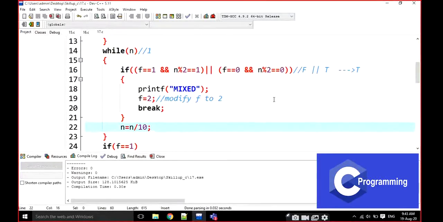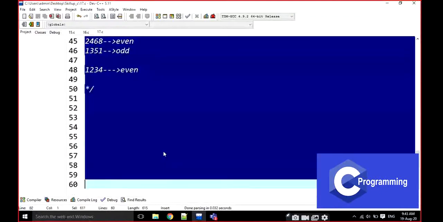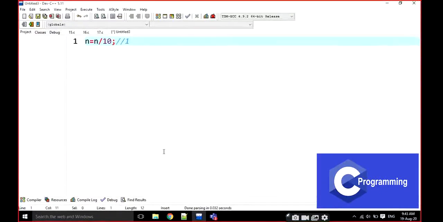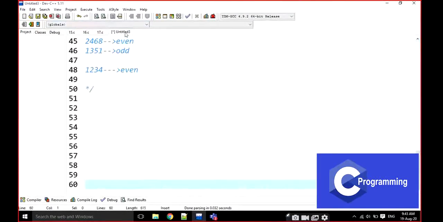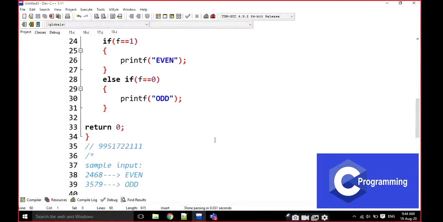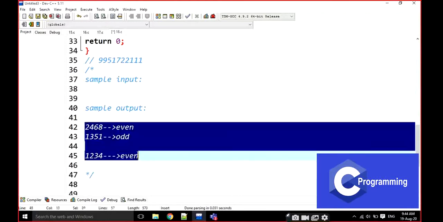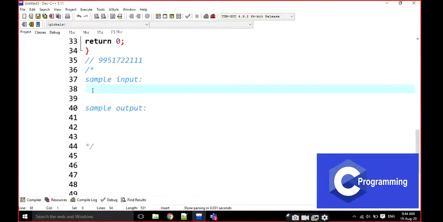Okay, then the next question is: what is the largest digit and what is the smallest digit in a number?